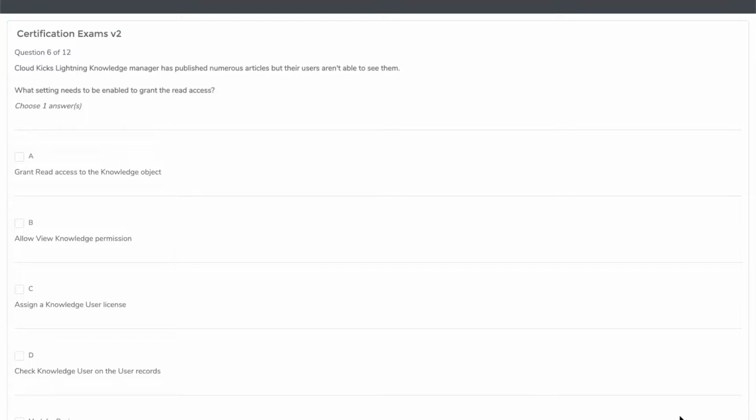So read access to knowledge articles. I am dancing between A and B. And they just need to be able to read it, right? You need to be able to read it. Yeah. Anyone want to help her out?